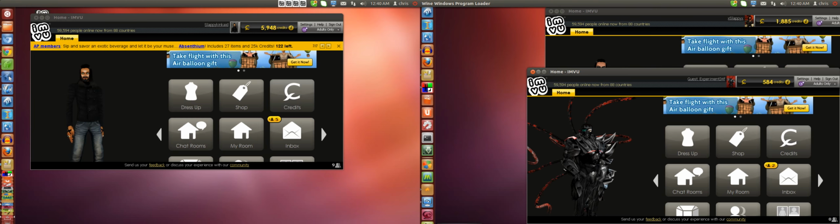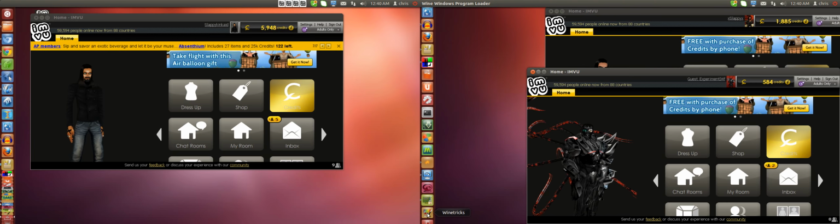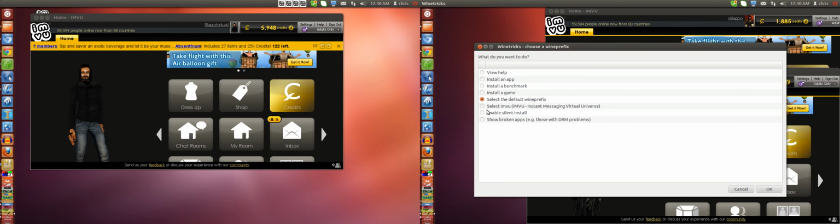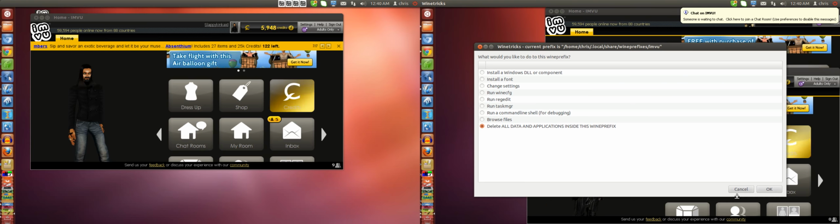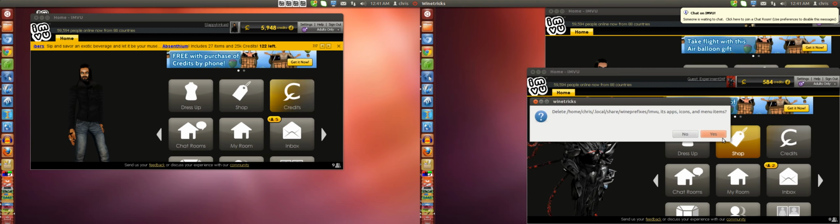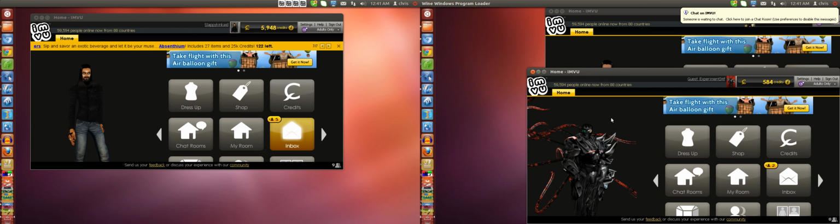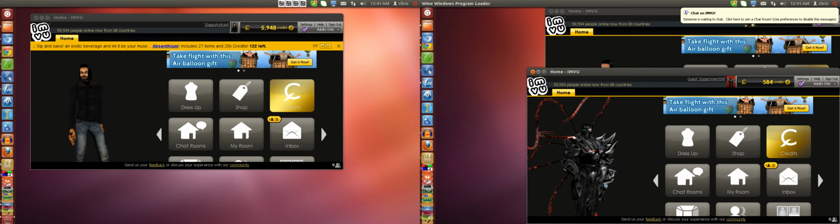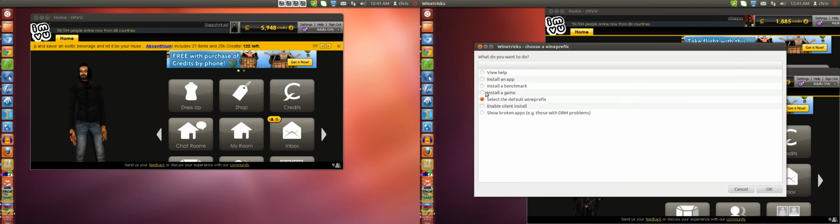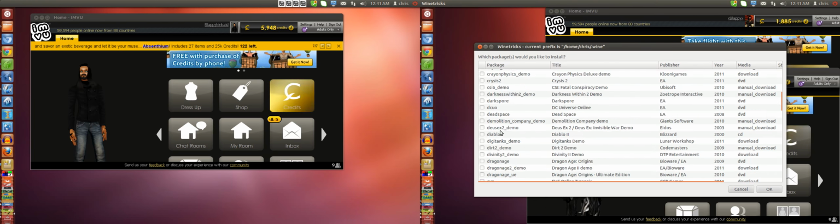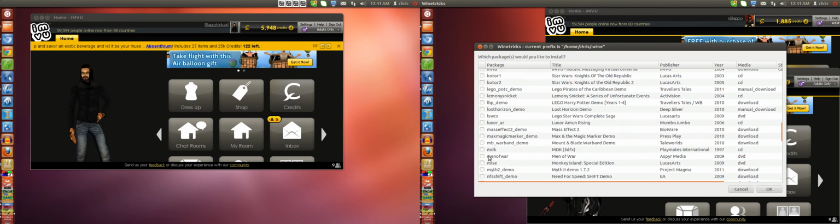See, yeah, so if you do it through Wine Tricks, in this case, it looks like it's got a crappy install, so it's just going to keep crashing. So what we're going to want to do is remove IMVU. So you just select the virtual file for that, then go down here, delete all data and applications inside. Okay. Now, that's not going to affect the IMVU applications downloaded through Wine Windows Program Loader, just the one downloaded through Wine Tricks. So then we bring Wine Tricks back up,